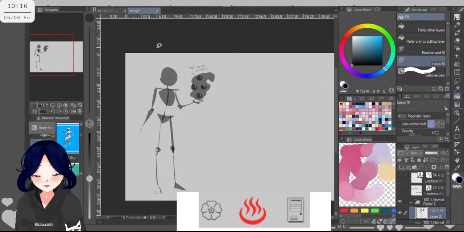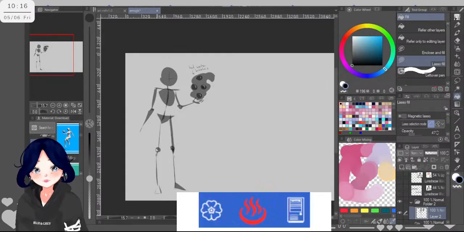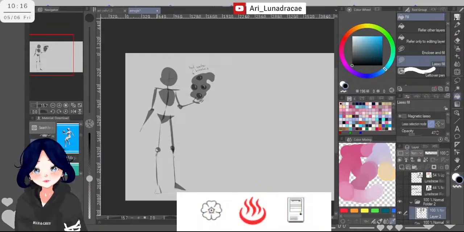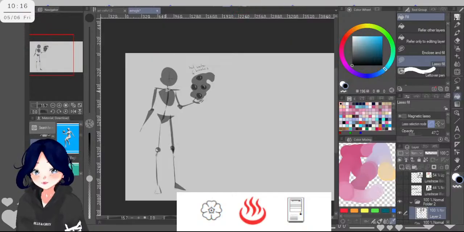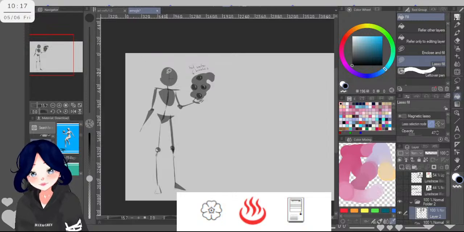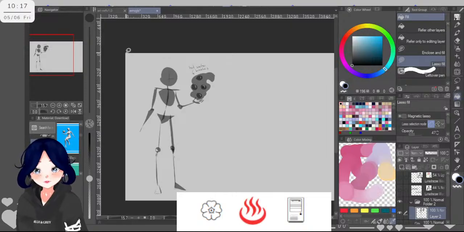What else do we have? The flowers and this paper thingy. No, that's the hardest part. Yeah, I sure hope so.